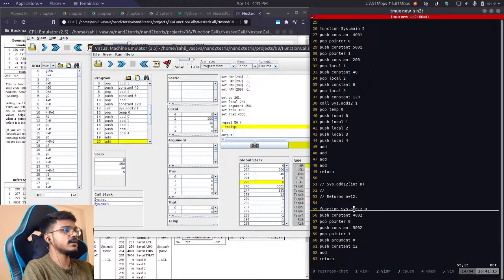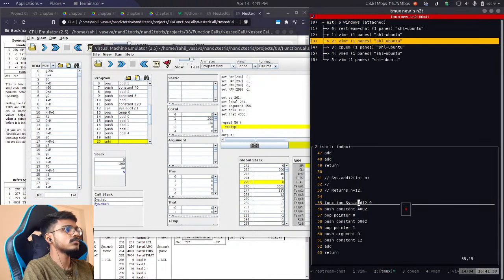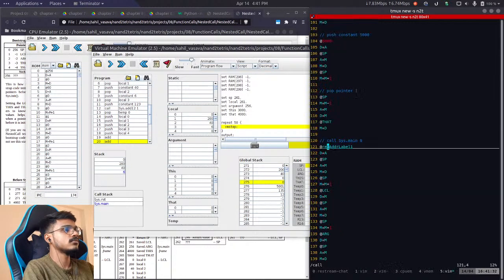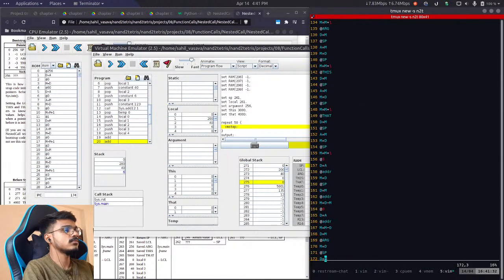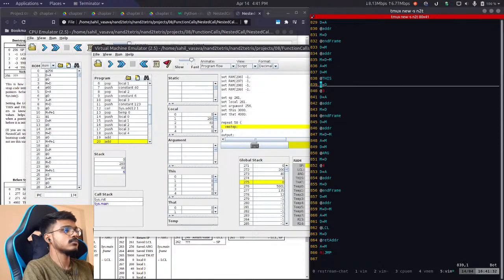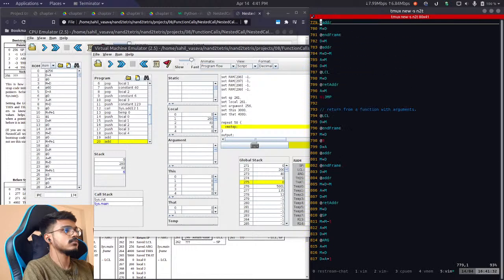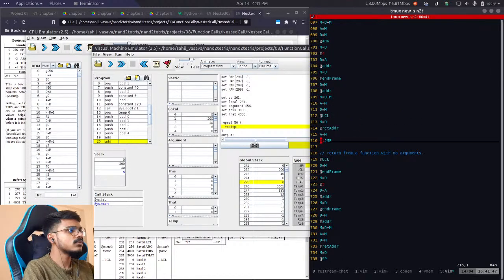We at least have the code for this function. Where does this come from? Written from a function with